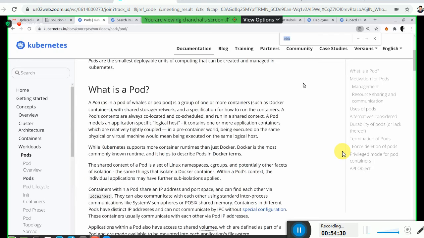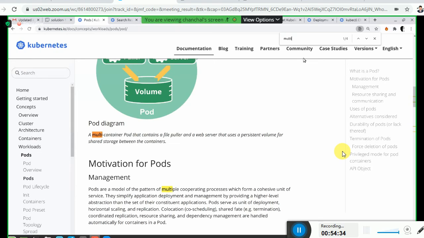Control F. Multi-container pod. Here it is. Multi-dash container. F3.